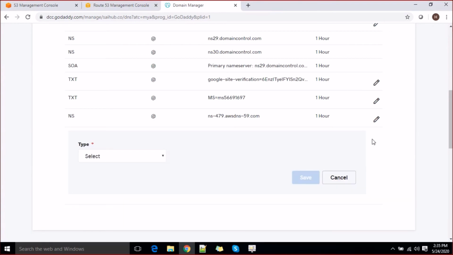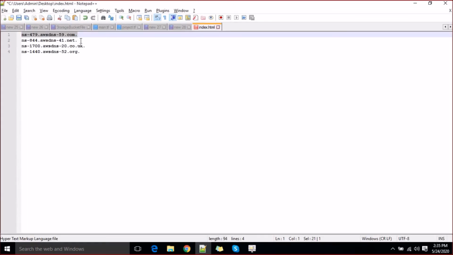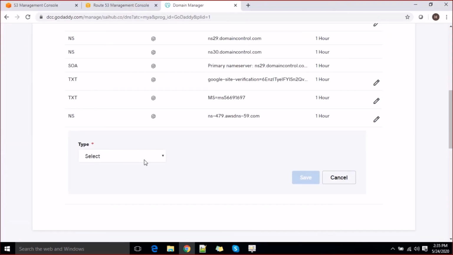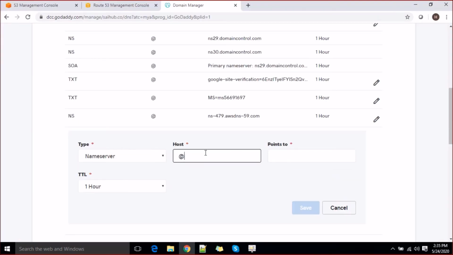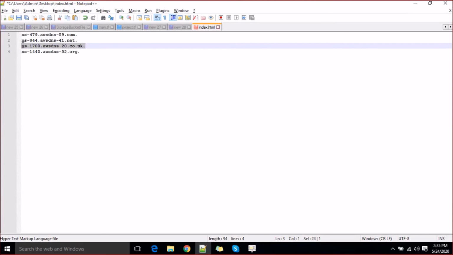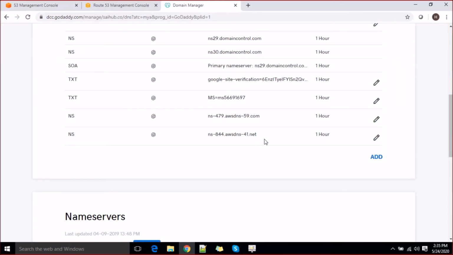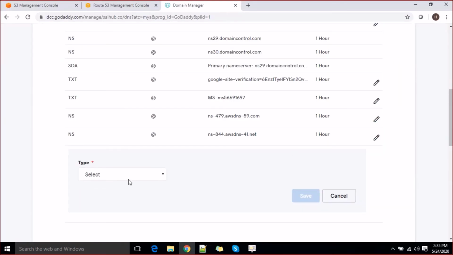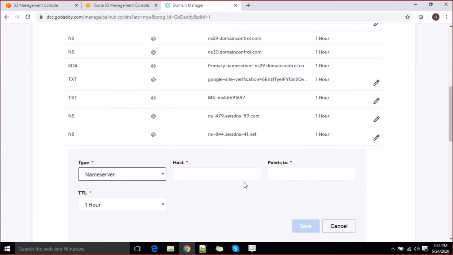Add another rule here. Select another NS rule, @, and you're going to point it to this endpoint. Do the same here. Name server.